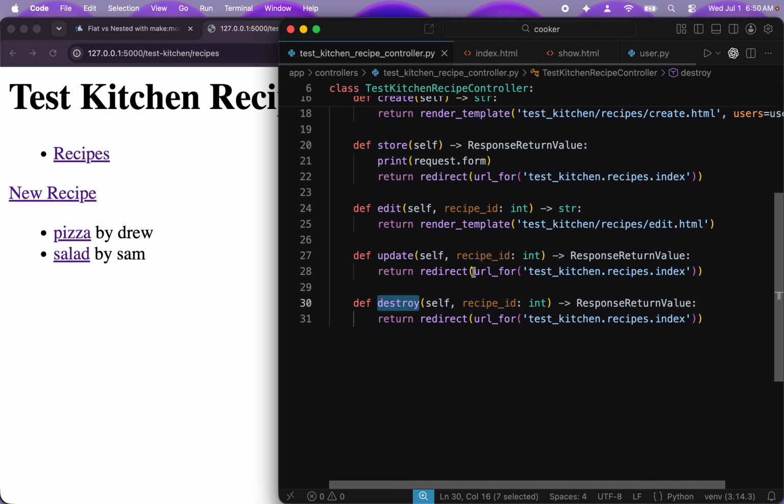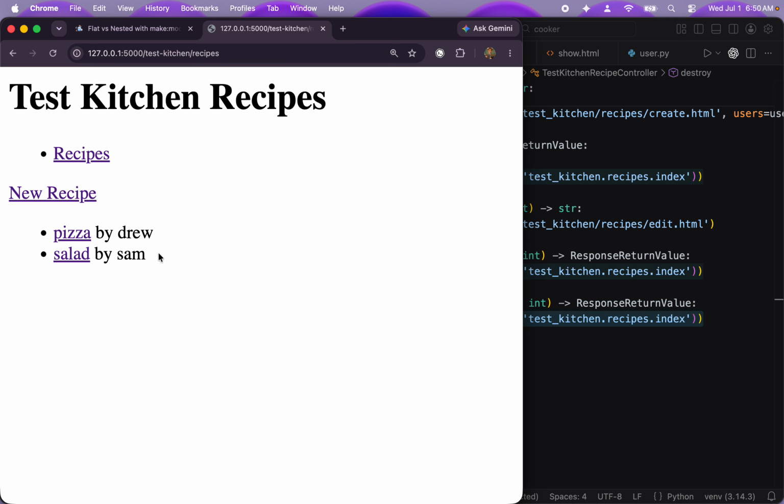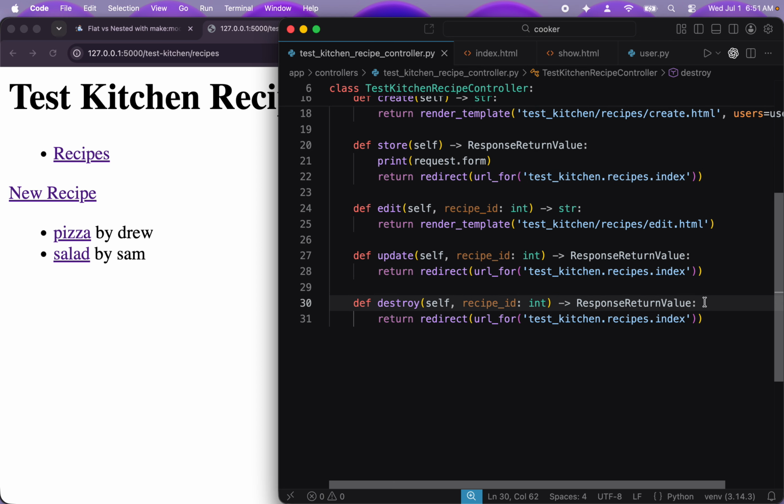If you go here, you'll see a redirect back. It did nothing. It did not delete that recipe. Now, to actually delete that recipe, you'll see how easy this is. Again, I'll put the caveat that if you really are doing this in a real web application, you would validate the form and all kinds of stuff. I'm just showing you